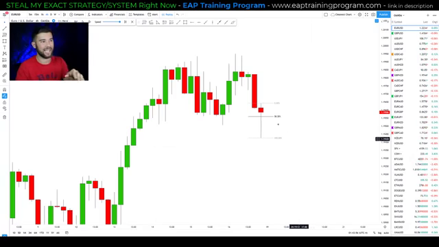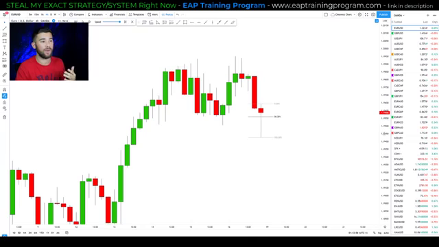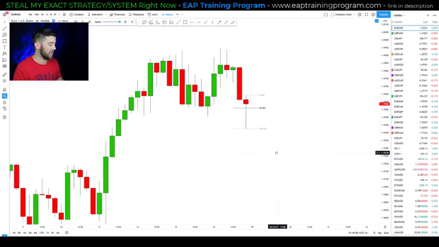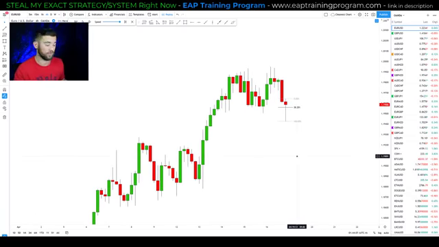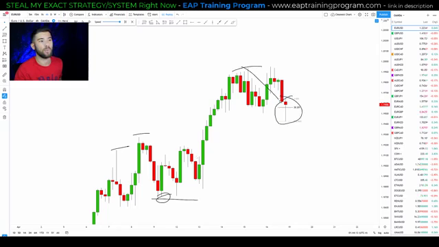But in this case, a good example of how I would use this candle in order to enter a trade. What type of trend are we in? If I zoom out a bit, you can tell that we are absolutely in an uptrend, right? This market is continuously making higher highs, higher lows, higher highs, higher lows here, higher highs. And this would be at the end of our most recent pullback is where it's happening. So if I get a situation like this, where I get a 38.2% candle at the end of a pullback,